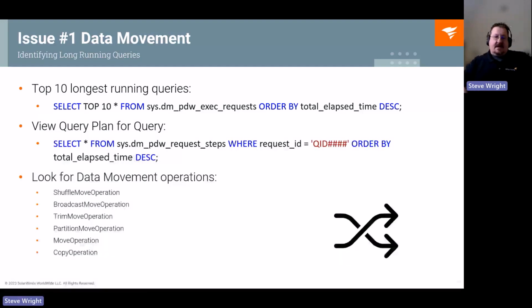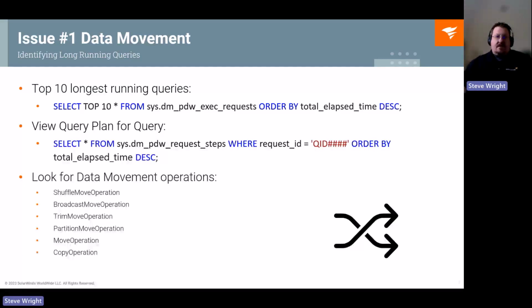You see there at the bottom the typical data movement operations that you want to look for. You can also, by the way, and I have it in the query, order the steps by elapsed time too. So your longest steps for an individual query bubble right to the top, and if you're seeing one or more of those move operations accounting for the bulk of the time of that query's execution,